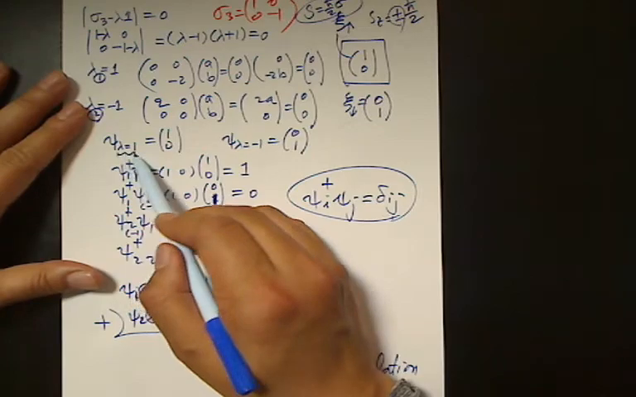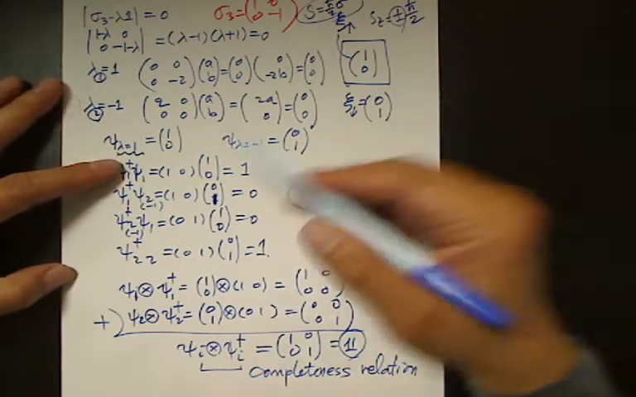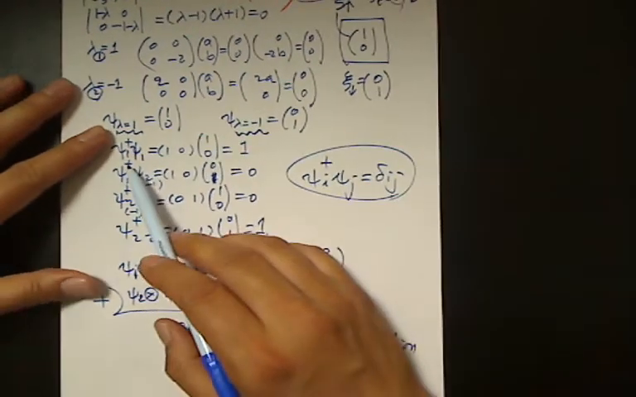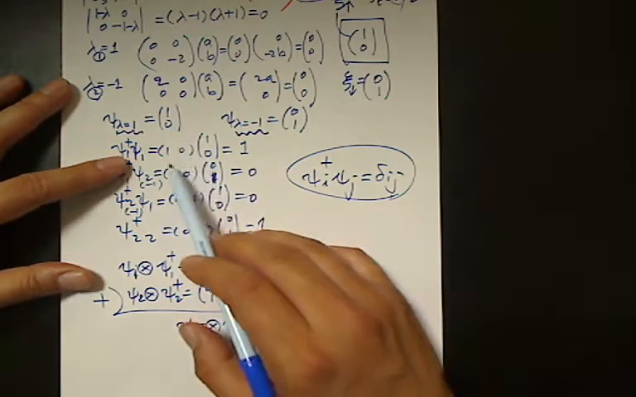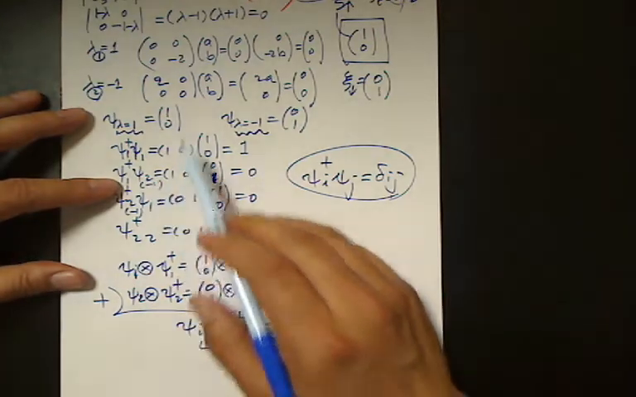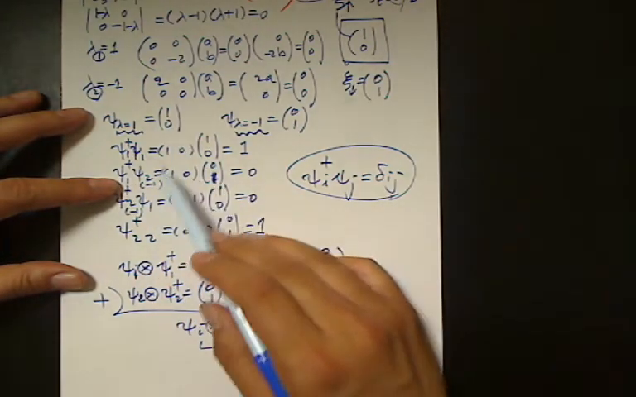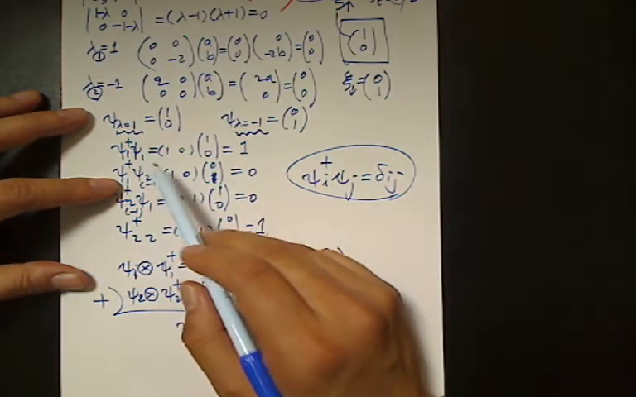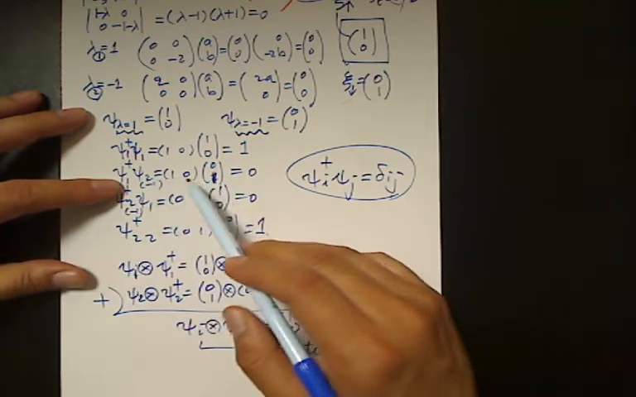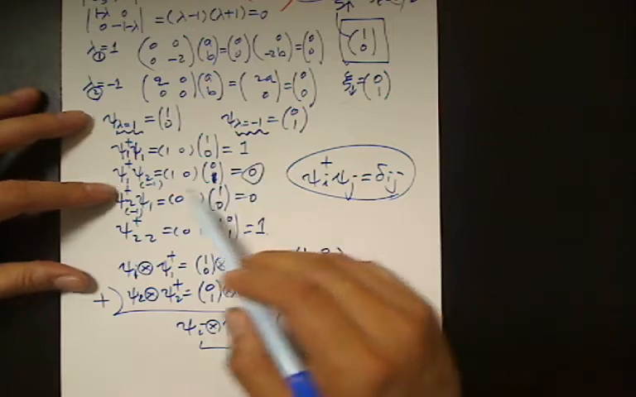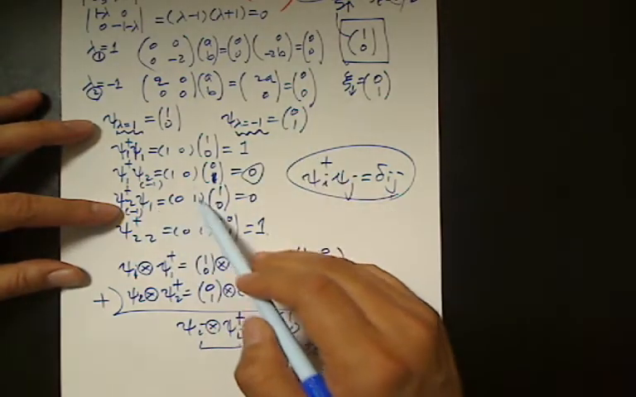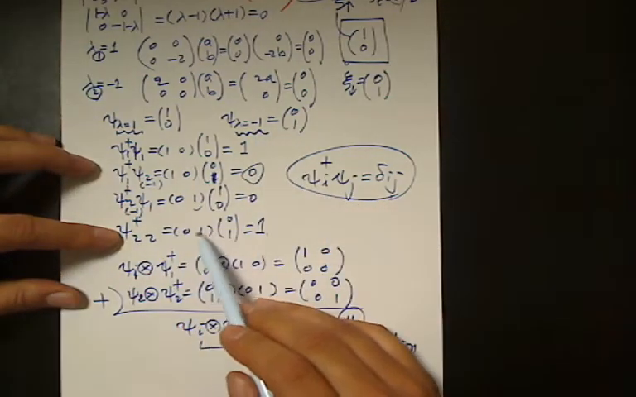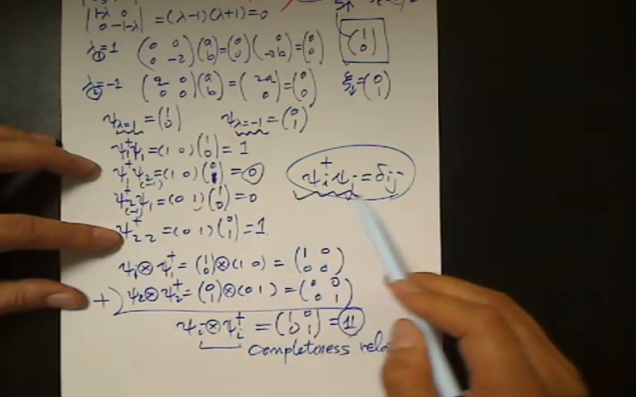Alright, the eigenvector with eigenvalue plus 1 is (1, 0), and the eigenvector with eigenvalue minus 1 is (0, 1). First, let me check the normalization. Chi 1 dagger times chi 1 is 1, where 1 is for lambda equals 1 and 2 represents the case for lambda equals minus 1. Chi 1 dagger chi 2 is (1, 0) times (0, 1), which vanishes. Chi 2 dagger chi 1 vanishes as well. And chi 2 dagger chi 2 is (0, 1) times (0, 1), which is 1. Therefore, it satisfies the